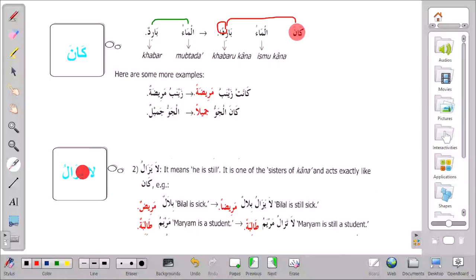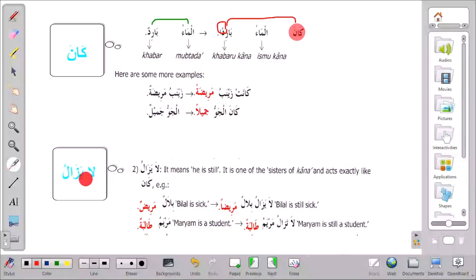So if I say la yazalu, assuming there is someone who was eating food, and up to now, he's still eating. So I can say la yazalu ya'kul. He keeps on eating, or he's still eating. He is still eating. I hope that is clear. So it comes to affirm. In English, we simply say still. Okay, he is still eating. He is still sleeping. Okay, he is still walking. So that is still in Arabic language, la yazalu. Okay, so it's the two, la and yazalu. You will see them separately, but we just use it collectively to mean still, la yazalu.